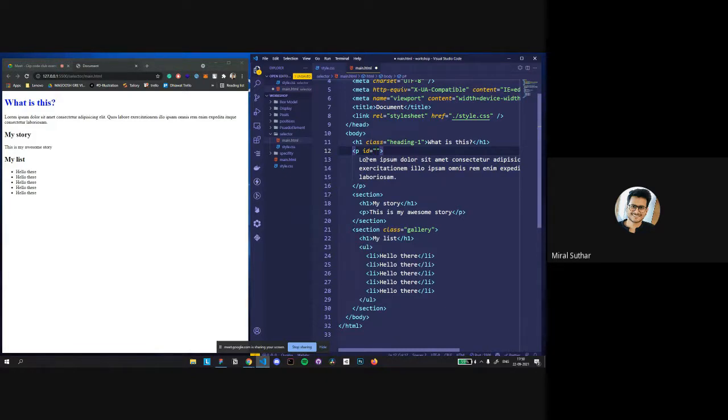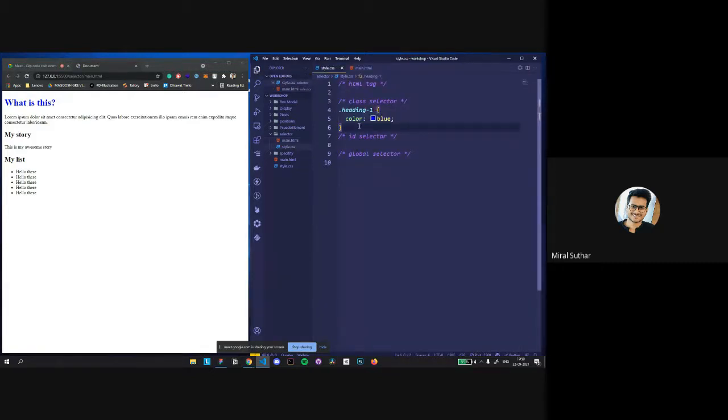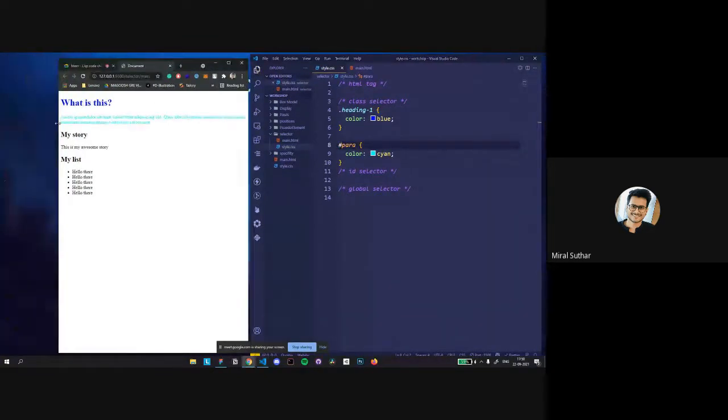So I give a class para, and dot para. And if I add a color, oh sorry. So what is the ID selector? Hashtag. Yeah, now it's going to work.